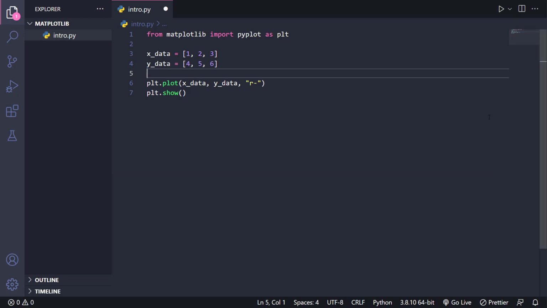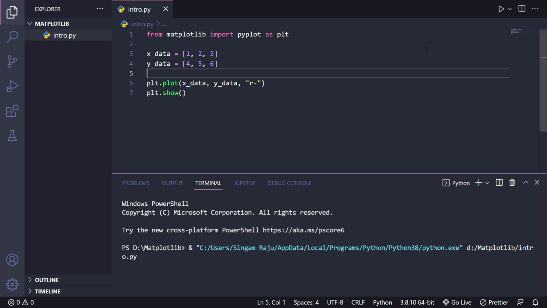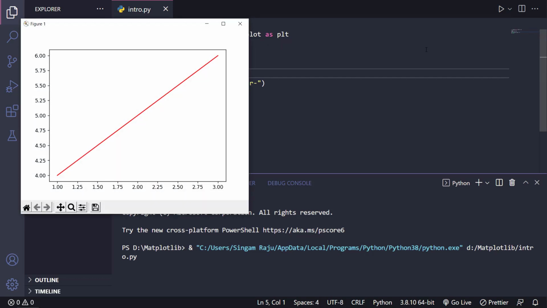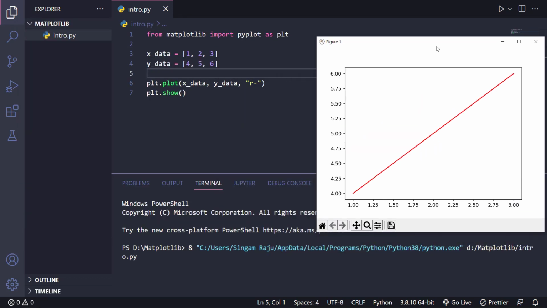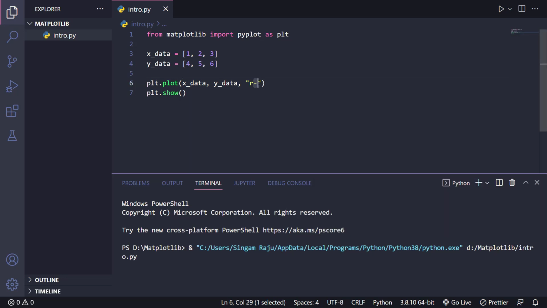If you save and run this one, you're going to see a red line, but you're not going to see any difference in the style. I just changed the color, right? What about the other part? This is actually the way of representing the line in the graph. Let me clear this up. If you give two dashes here